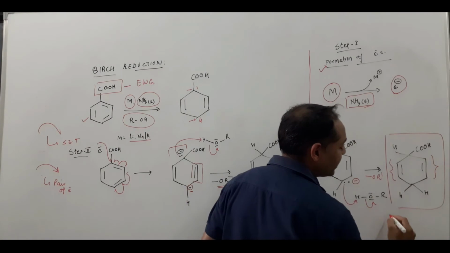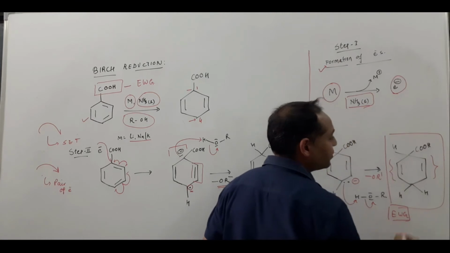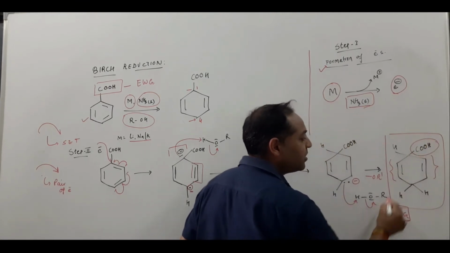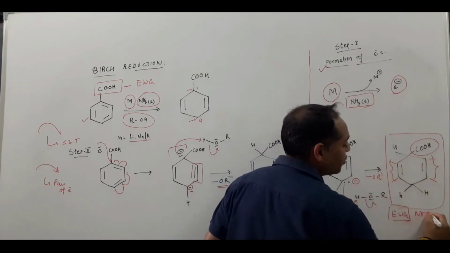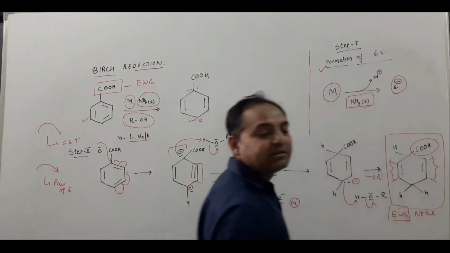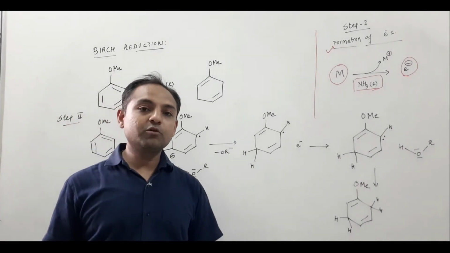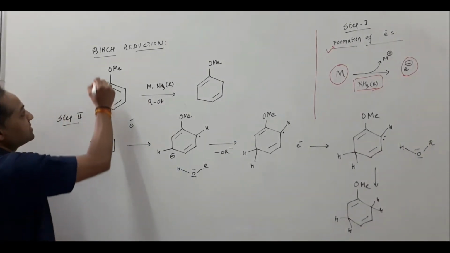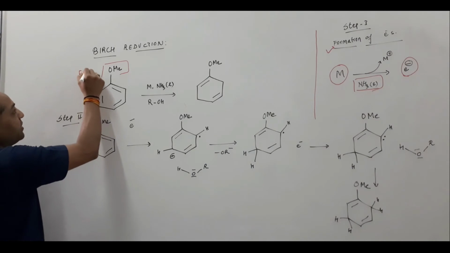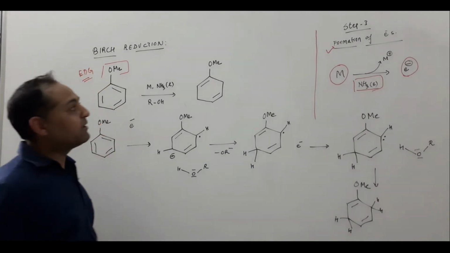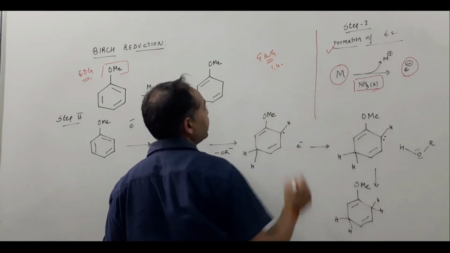So this is the product when the starting material has an electron withdrawing group. Carboxylic acid is an electron withdrawing group. That's why we get the product where all these four positions have no substitution. This is as per the Birch empirical rule. So this is another kind of starting material. In Birch reductions, here the starting material has an electron donating group. As per the Birch empirical rule, when electron withdrawing groups are there, the product differs; it is called the 1,4 reduced product.